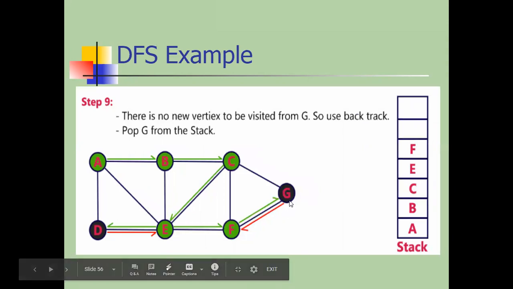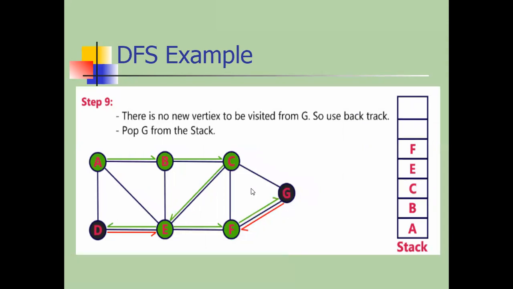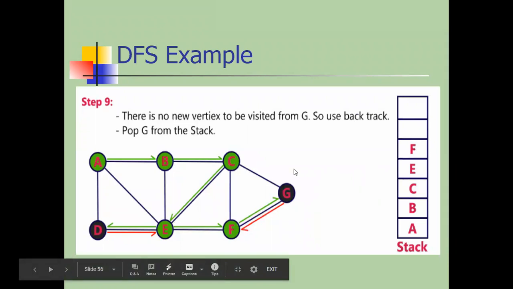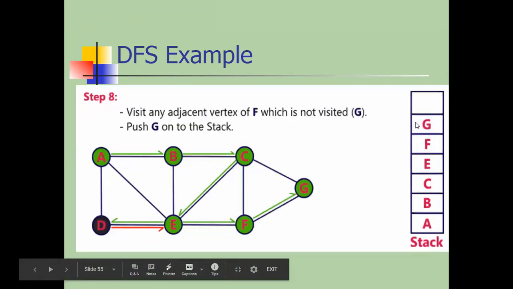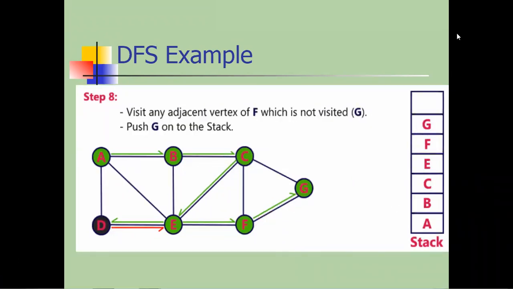Why are we removing G? Because G के सारे vertices visit हो चुके हैं, but stack के top में कौन था? Who is the stack top? That is G. So I hope everyone agrees with this. G है, D के बाद कौन रिमूव होगा? G. इसलिए उसके नेक्स्ट इसमें क्या, G को हाईलाइट किया. उसके बाद कौन रिमूव होगा? F. Then E, C, B, A. Likewise. Okay, so I hope everyone agrees with this.